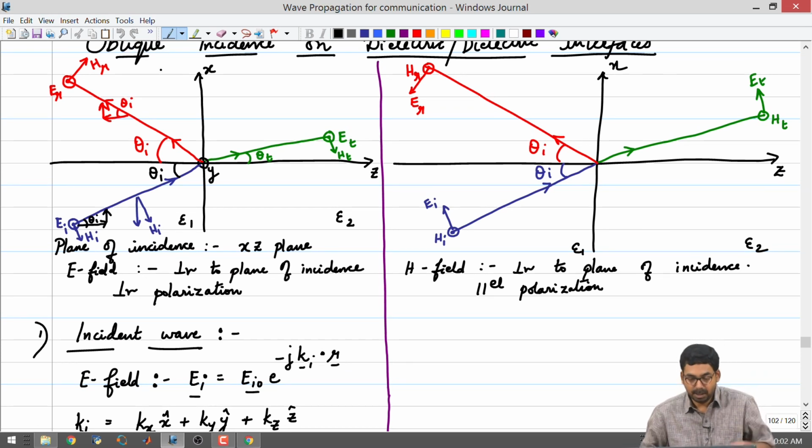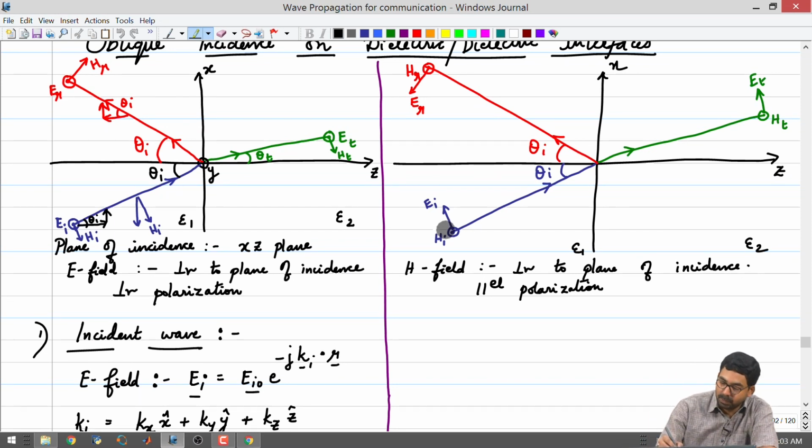parallel polarization. Here the H field is perpendicular to the plane, and as in the previous lecture, the assumption here is that the H field remains oriented in the same manner for the reflected and transmitted. The electric field will change its direction depending upon K. Likewise we had marked E incident to be in one direction corresponding to the right handed triad. The direction of travel is towards this interface. At the origin some portion of it gets reflected, and the reflected wave travels back. Because the K vector is in a different direction and the magnetic field is assumed to be in the same direction as the incident wave, the electric field has flipped.